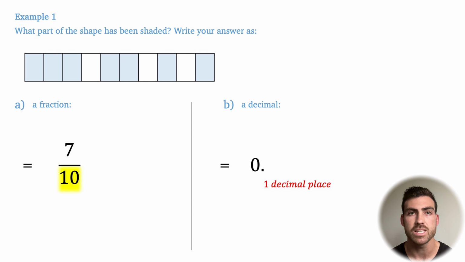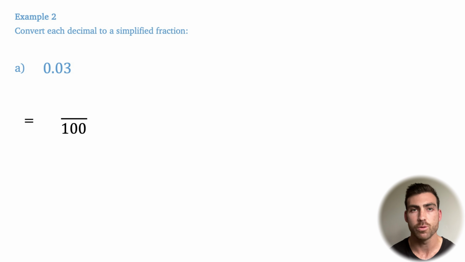Example 2. Convert each decimal to a simplified fraction. In example A, we count the number of decimal places, in this case 2 decimal places, which translates to a fraction with denominator 100. Then the value after the decimal point is the numerator, giving us a fraction 3 out